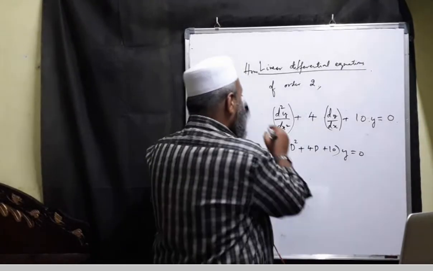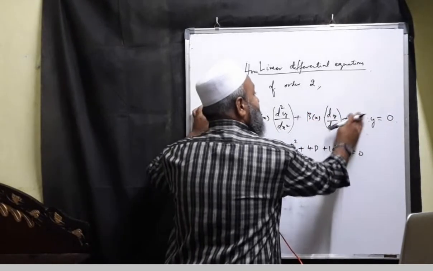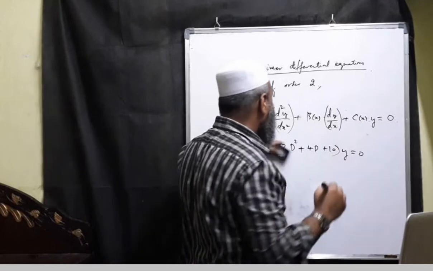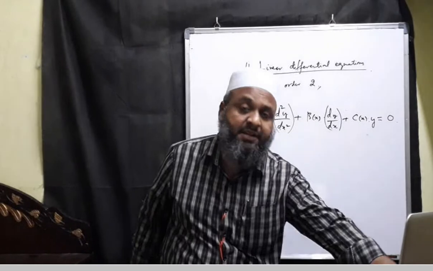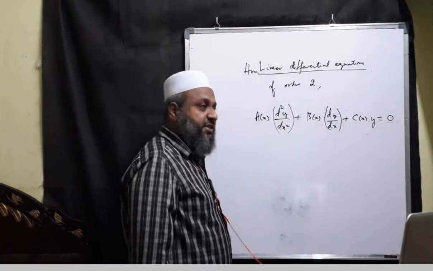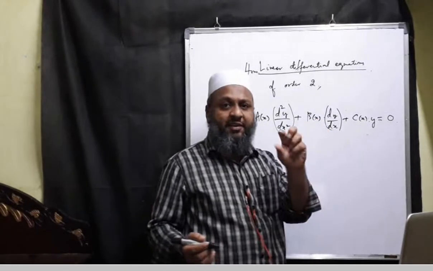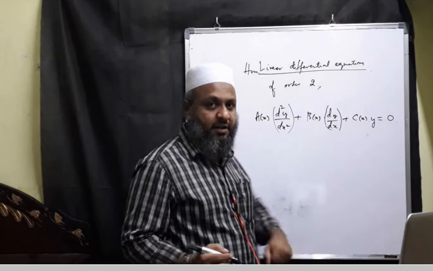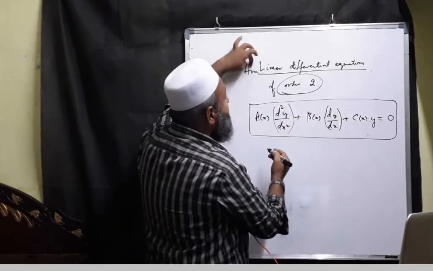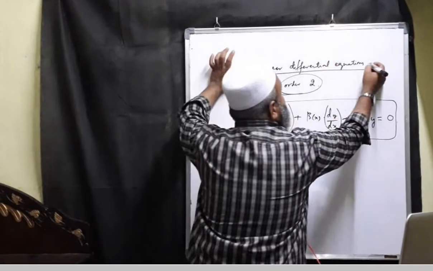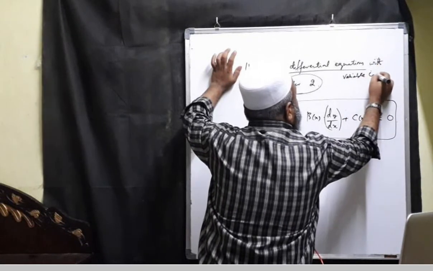But when these are functions of x, a of x, b of x and c of x, it is not necessary that all should be variables, but we allow all of them to be variables. It doesn't mean that all of them should be variable coefficients. It is quite possible that only one among a, b, c is a variable coefficient and the remaining are constants. It's allowed. Now we are limiting our discussion to order 2 homogeneous linear differential equations, of course with variable coefficients.